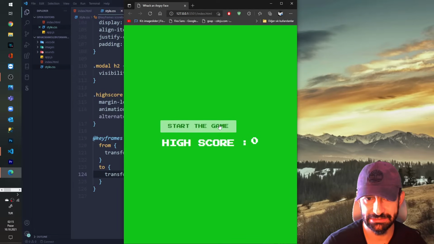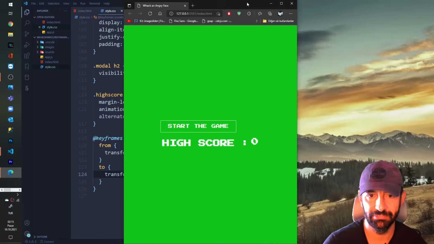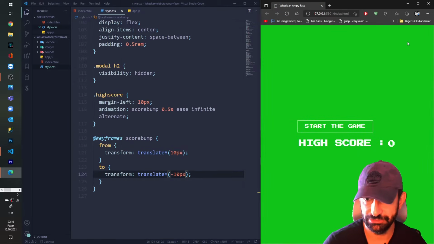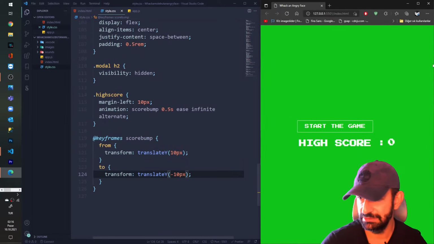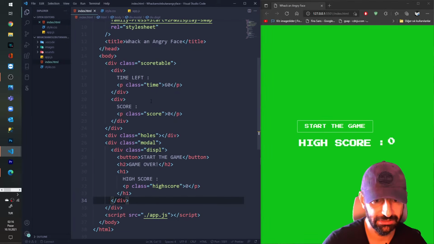Nice and easy, but I'm hitting here start game, but nothing is happening. I'm gonna fix this also. And let me see for the model. Why is not happening? Why everything is like, you know, display.